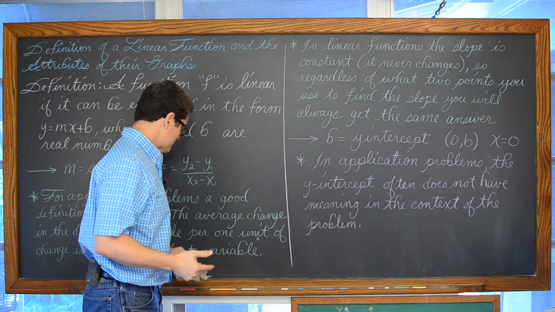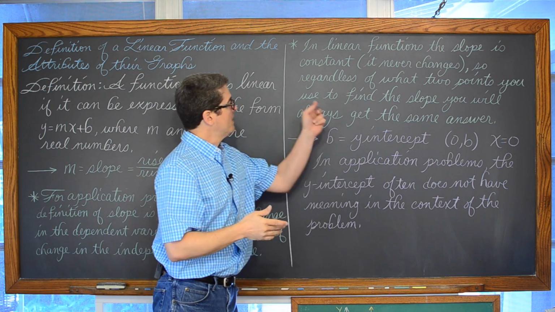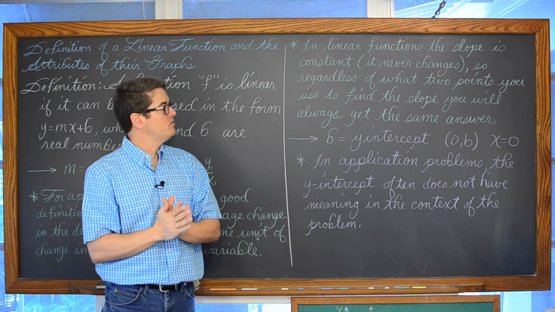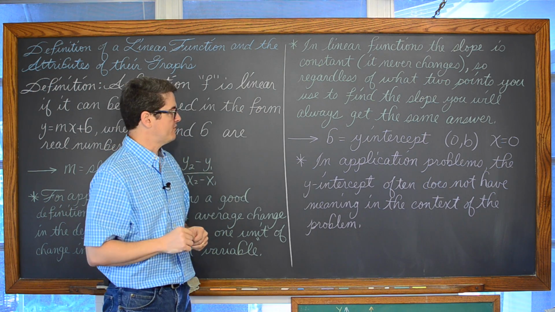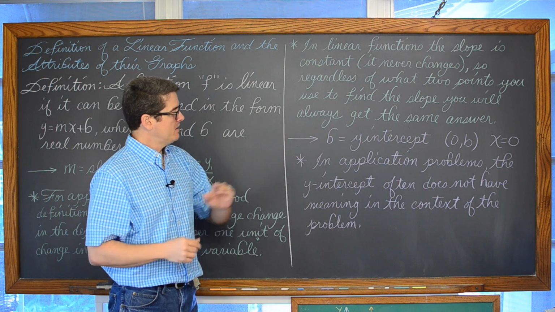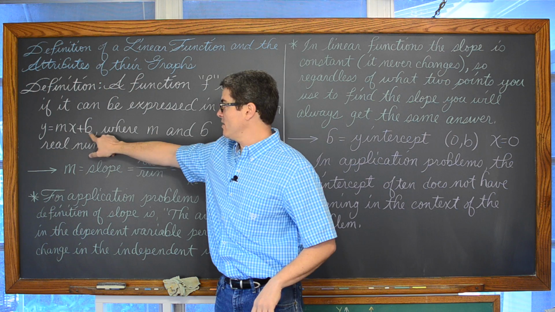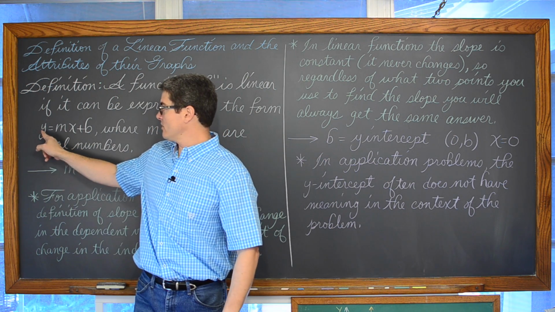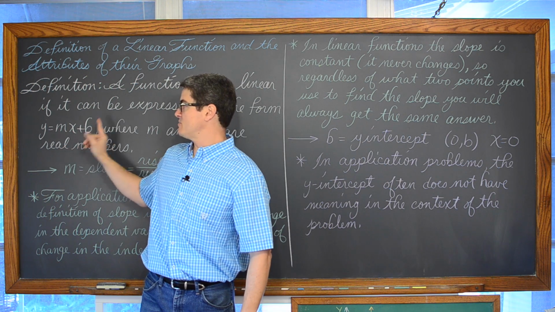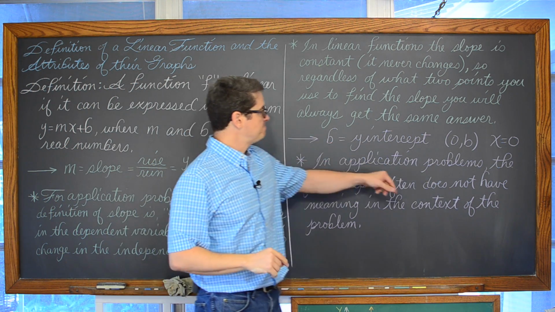In calculus, you'll start to learn how to find the slope of a curved line at a particular point. Regardless of what 2 points you use to find the slope, you will always get the same answer, again, for linear functions. B is going to be that constant at the end of our equation, no variable attached to it, and it is going to be our y-intercept. Again, that's only if you're looking at y equals mx plus b. The constant that's off by itself will be the y-intercept.